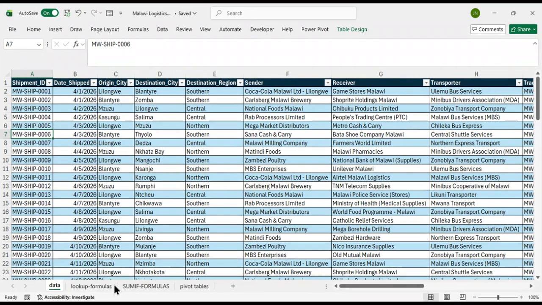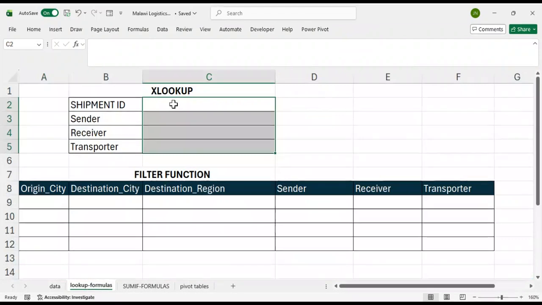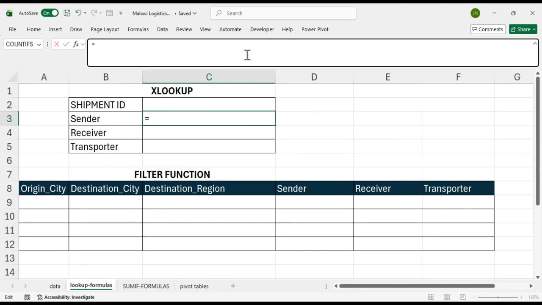Now, here we want to talk about the lookup functions that we can use. For example, we can find the sender by shipment ID, or the receiver by shipment ID, or the transporter by shipment ID. So to find the sender by shipment ID using Xlookup, we are going to type is equal to Xlookup,